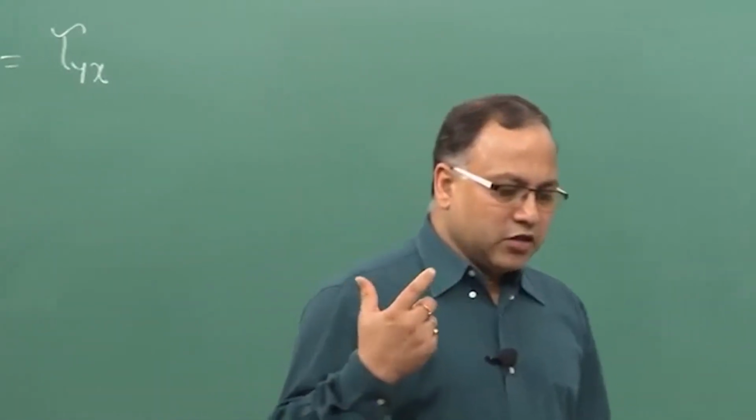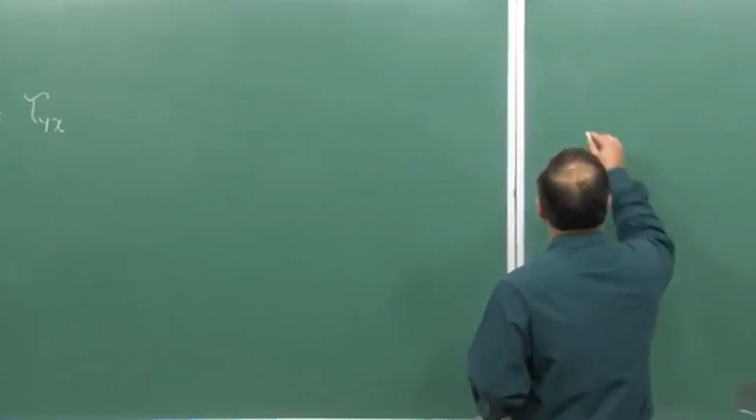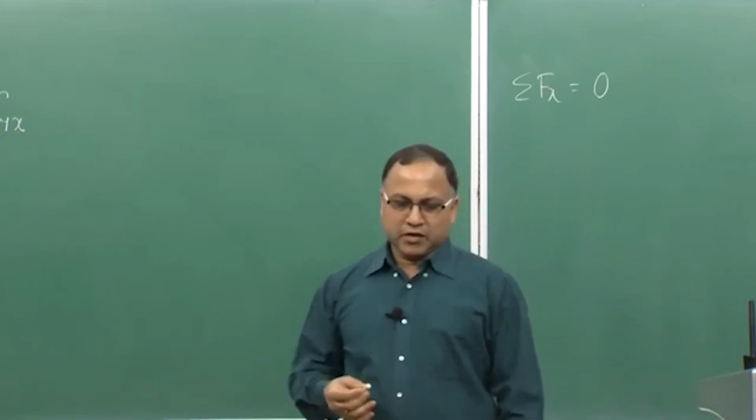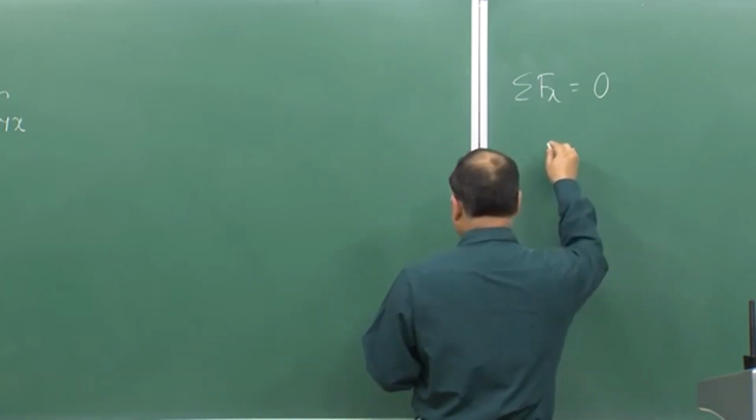Now, in case of 3 dimensional state of stress, you need 6 stress components to define the state of stress, whereas, as we discussed in the last lecture, in the plane stress condition, your unknown stress components are 3: sigma x, sigma y and tau xy, if the state of stress is in the xy plane, right. Now if you similarly consider the force equilibrium, that is Fx equal to 0, that means the summation of all the forces along x direction is 0, then you will be getting